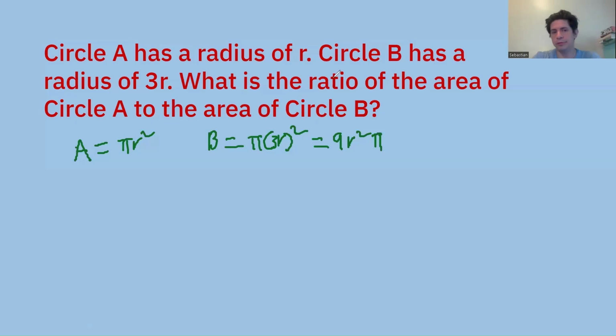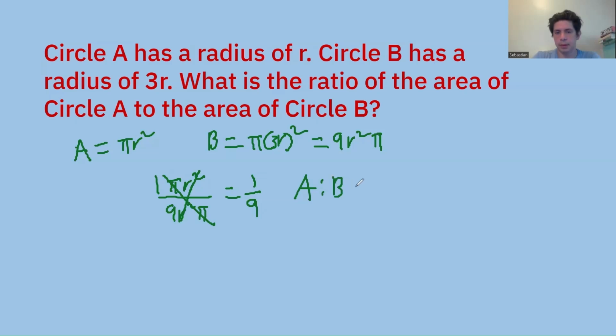So the ratio of the area of circle A to the area of circle B is pi r squared over 9r squared pi. Ratio is just about dividing with fractions. So we cancel those out, and we get 1 over 9. So 1/9. So then we have A to B